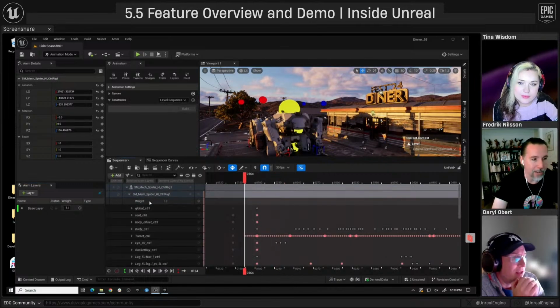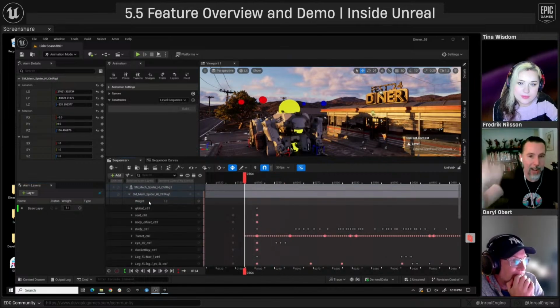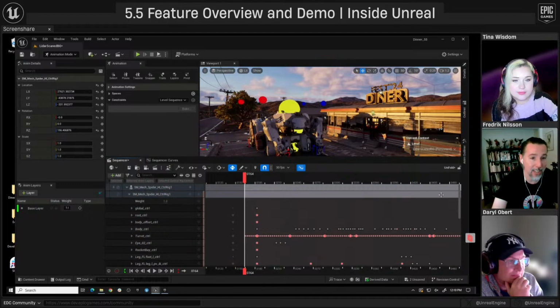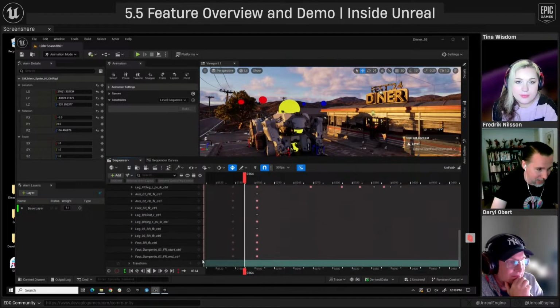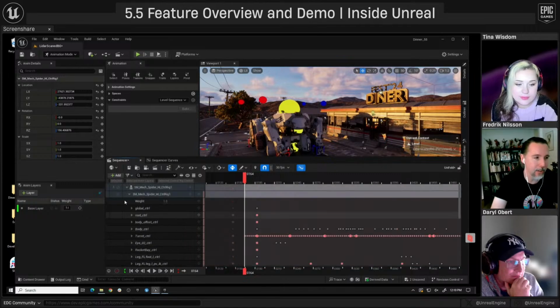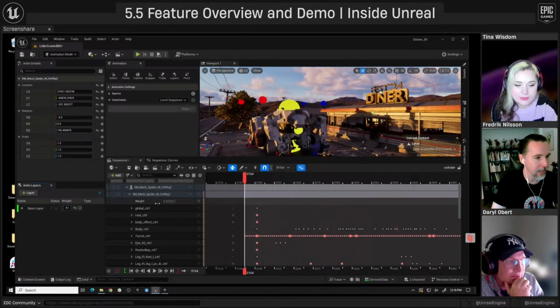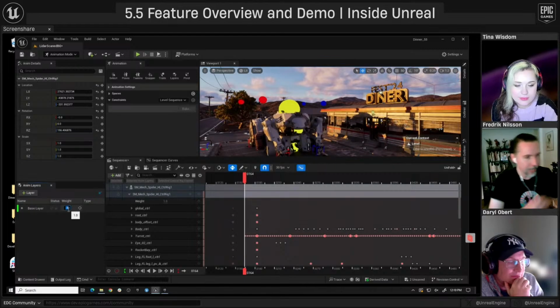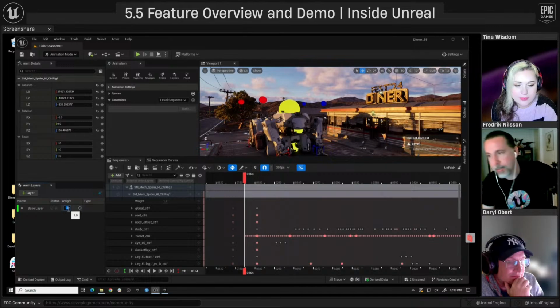Oh, we also moved the weight track from way at the bottom to way at the top because otherwise you would have to scroll all the way down to the bottom to get to the weight track. So it's just in a kind of better location up here. And that's that weight that I was animating before, which is driven by this. So as I adjust the weight there, it adjusts the weight there. So again, they're interconnected one directional.